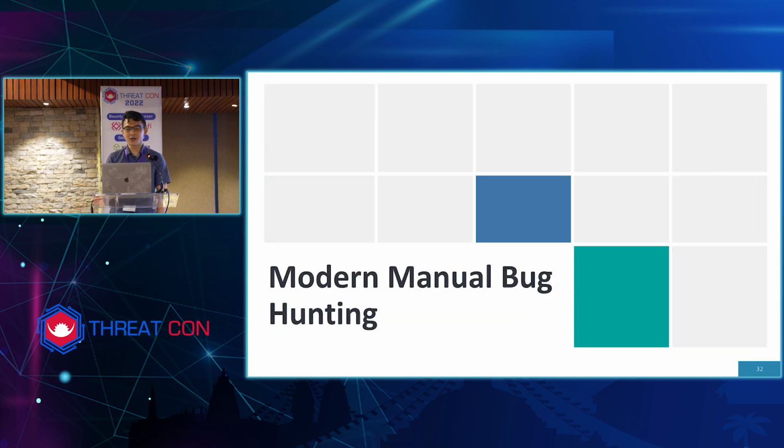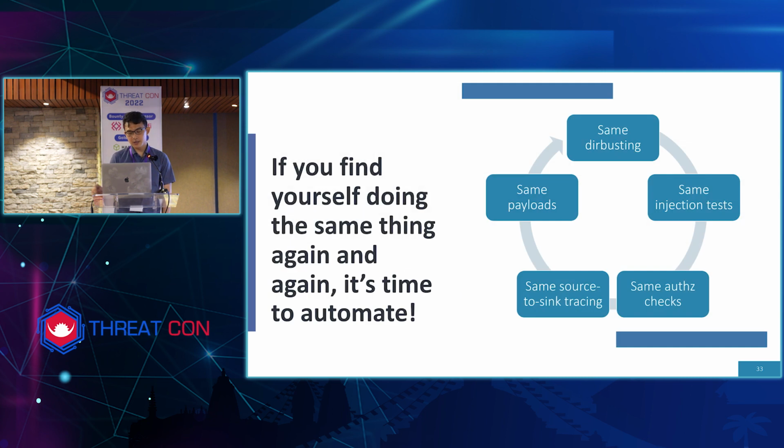But I'd like to just summarize to you what modern manual bug hunting should look like. It shouldn't just be Burp Suite and then nothing else, right? You should be starting to add your own scripting and automation. And one easy way to recognize that is that if you find yourself doing the same thing again and again, from dir busting to injection tests, to authz tests, to source-to-sink tracing, and finally to payloads, it's time to automate,